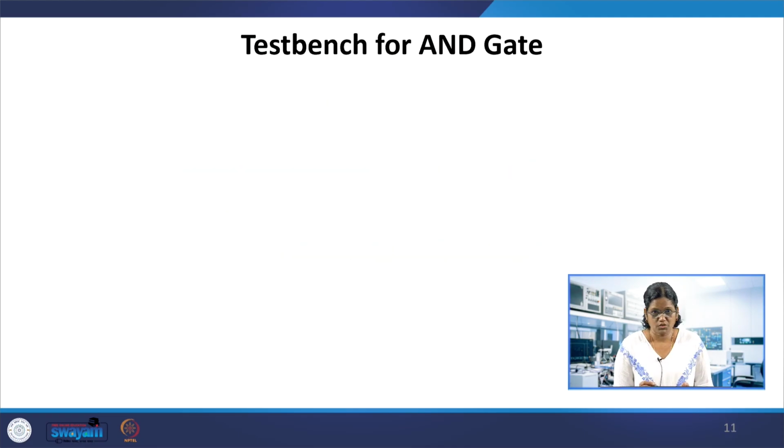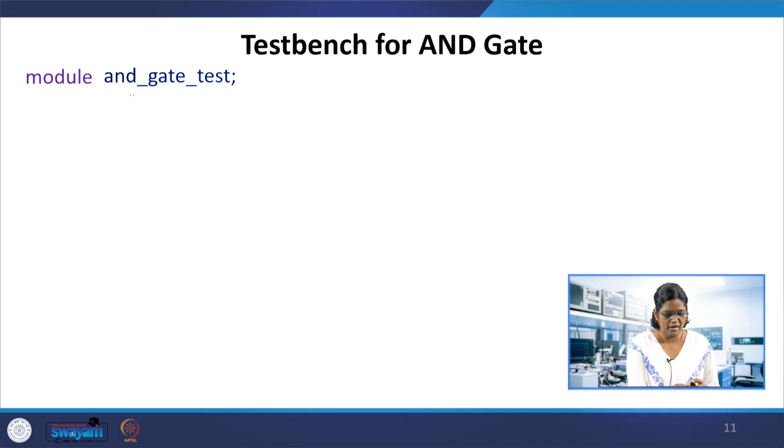Now we look at the test bench. How do we write a test bench for this AND gate module, whether the structural model, data flow model, or the behavioral description? Here we have taken the structural model. First, the test bench is also going to be another Verilog code, so you will be writing it in the text editor in the design source. The module, I am not showing the end module, so it is spanning over the other page.